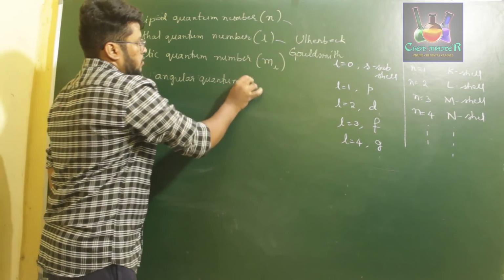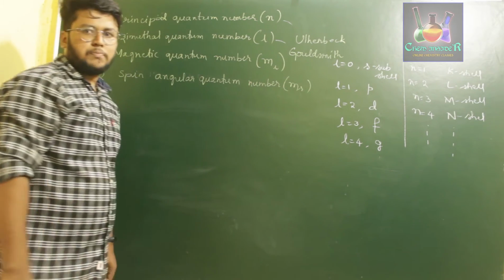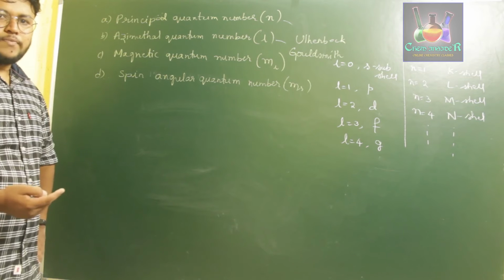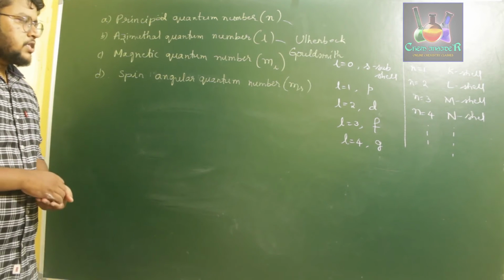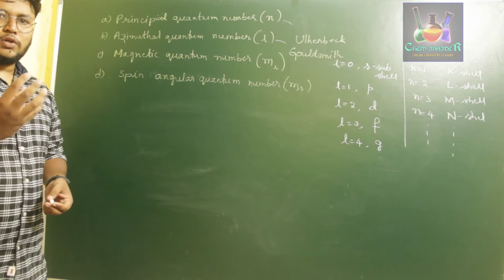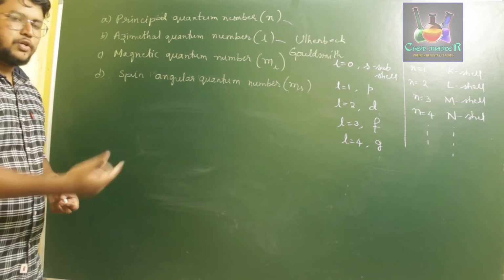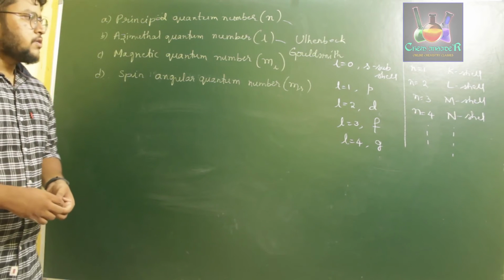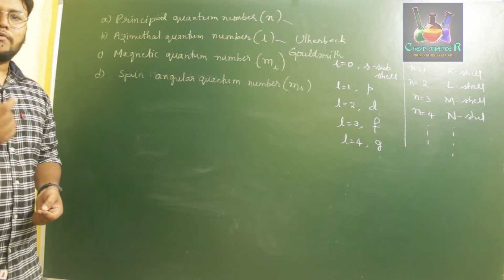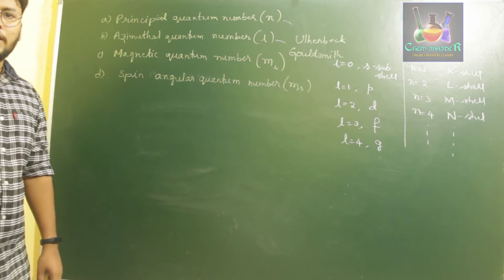So what is the spin angular quantum number? Consider the spin of an electron: while revolving around the nucleus, it also spins in its own orbit, similar to Earth's rotation while it is revolving around the sun. Right? Earth rotates while it is revolving around the sun. One rotation gives a day, and a complete revolution gives us 364 and a quarter days. Similarly, electrons, while revolving around the nucleus, have a certain rotation or spin. That spin is called the spin angular quantum number of an electron.